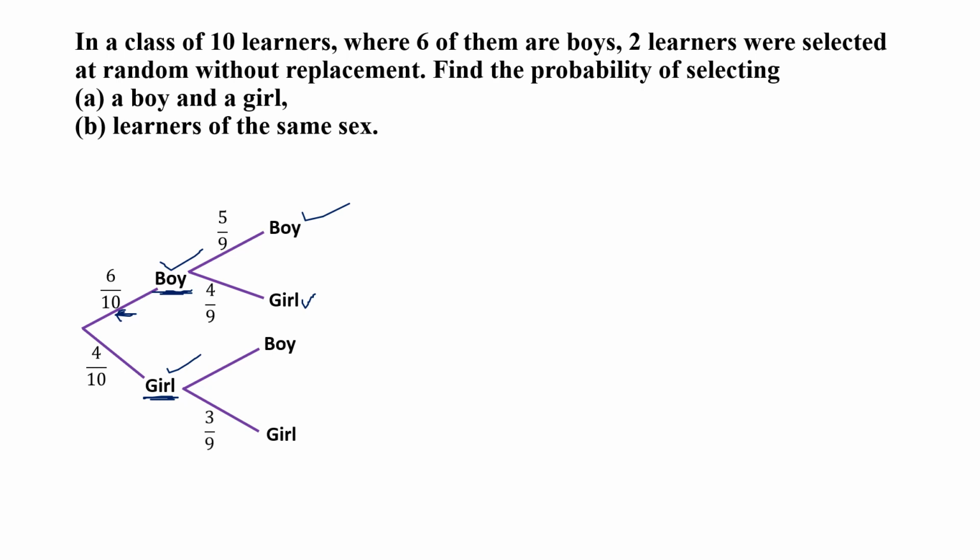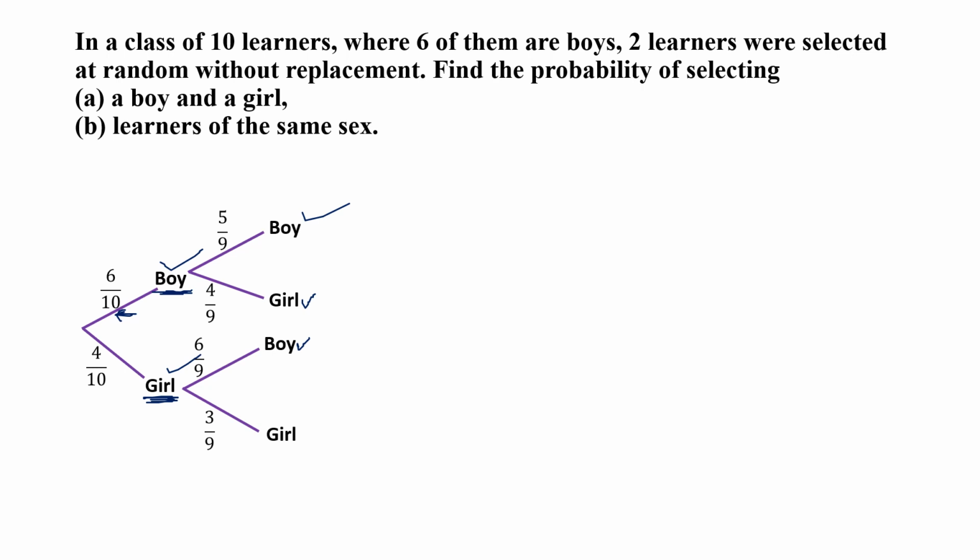Right? On the other hand, the probability of picking a boy after a girl is also 6/9. It is 6/9 because we still have 6 boys in the class, but the total has been affected because of this girl who is now out. So the probability is 6/9, like this. Right. Now that we have completed the tree diagram, before we move on, just to check